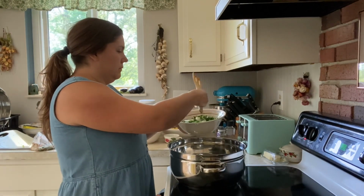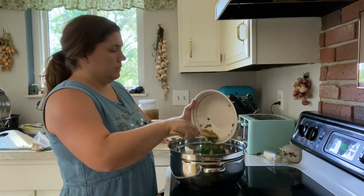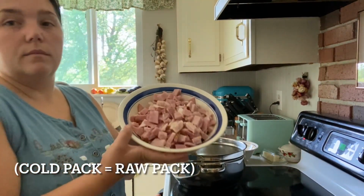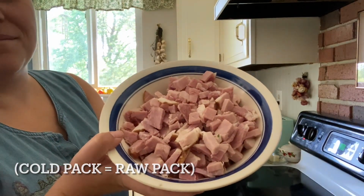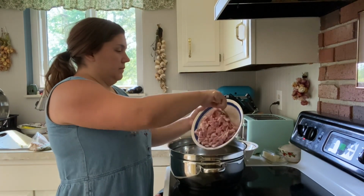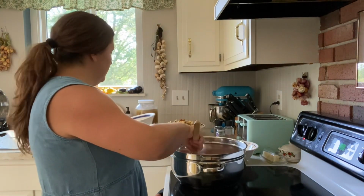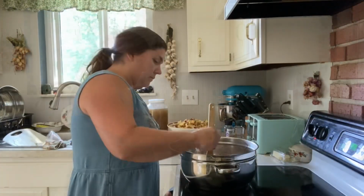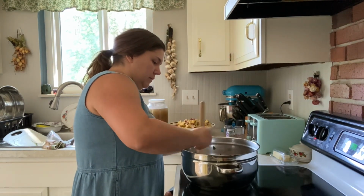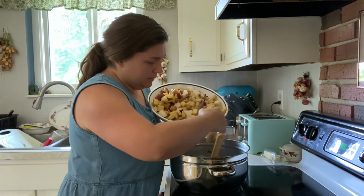I find hot packing canned soup is much better than cold packing soup. I know a lot of people out there have put videos and blog posts about cold packing soups, and it is a time saver, don't get me wrong, but what you lose out on is flavors, because when you hot pack the soup, you can taste test along the way and adjust your flavors, and the flavors don't really change after you've canned them. With cold packing soups, you actually run into the problem of not knowing how it tastes